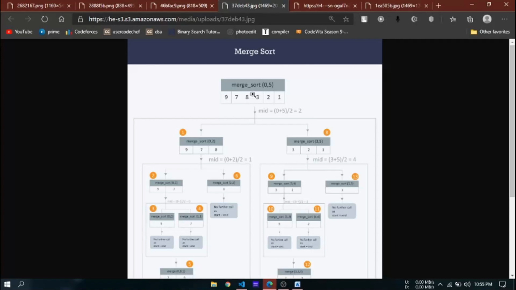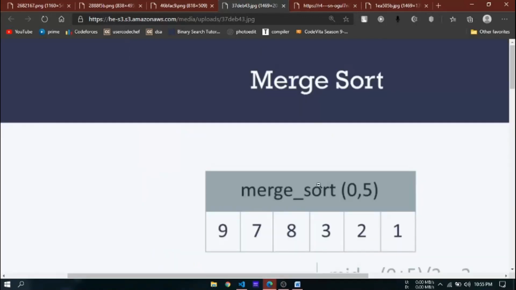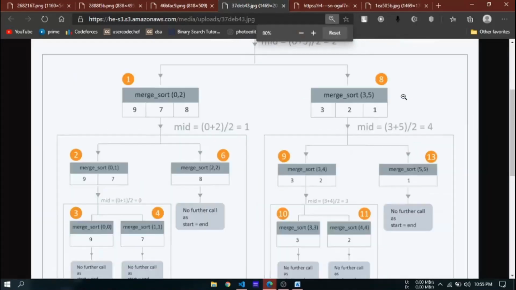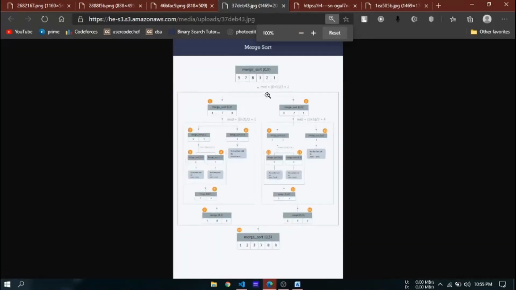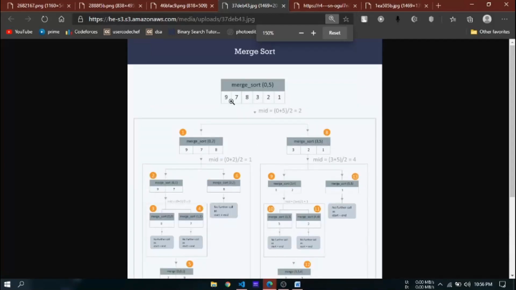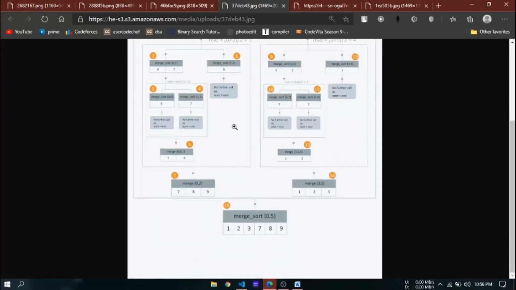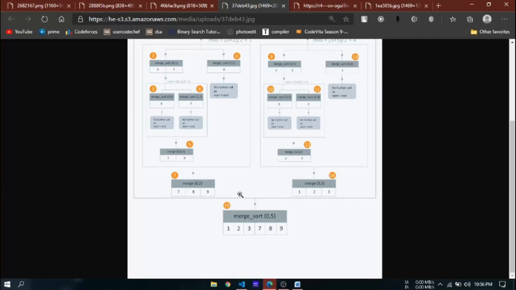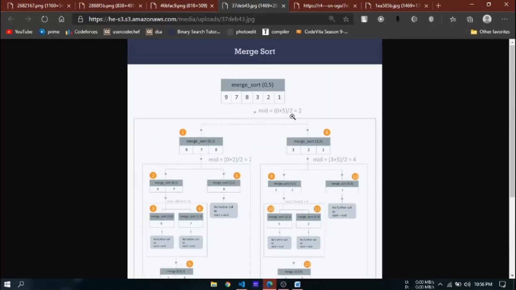In merge sort, we will break every element, just breaking the array into half parts. See, this is an array of 6 elements. We have broken it down into 3 and 3 parts. Again we will break down into 2 and 1. You must be wondering why we are breaking down. We are breaking this down in order to get back to a sorted array. So how do we get back to a sorted array?